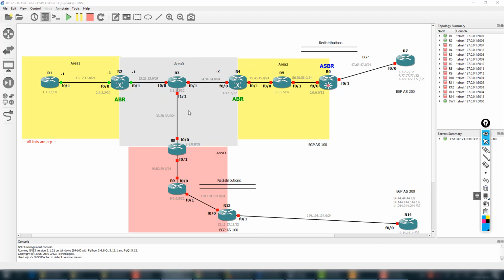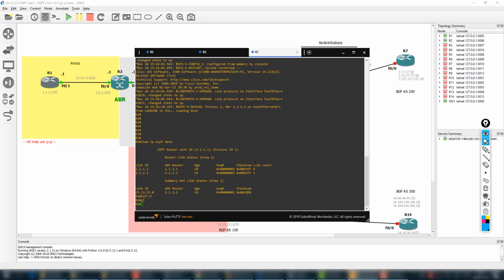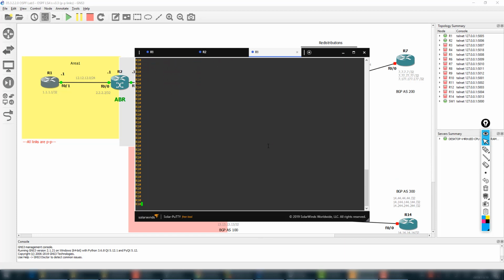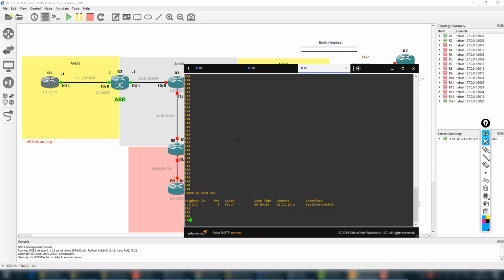Let me give you a brief. You can go to router number R1. I would suggest that you do all the practice on router number 1 and see the LSAs, except the NSSA. Here you can check which types of LSAs: show IP OSPF neighbor, and then you can see we have one active neighbor because I haven't turned on the routers. Otherwise they make a lot of noise. If anybody is interested, I can show this topology and give an overview again, but the best is to watch the video and then do the practice yourself in GNS3. You can also do the same thing in Packet Tracer.